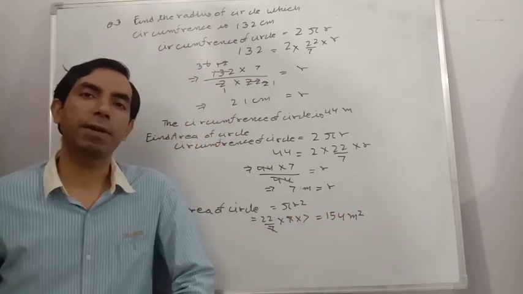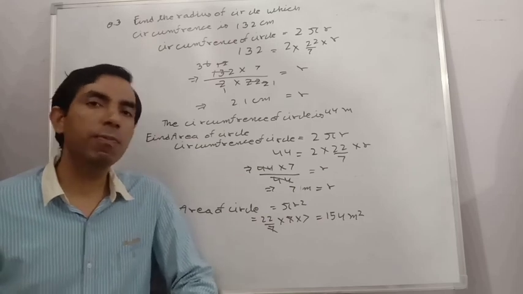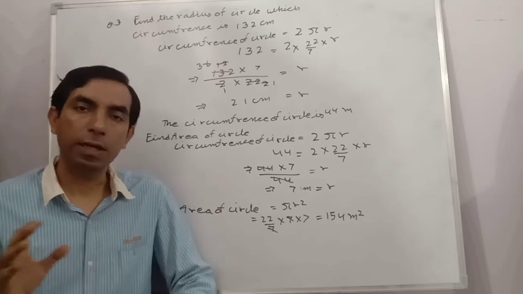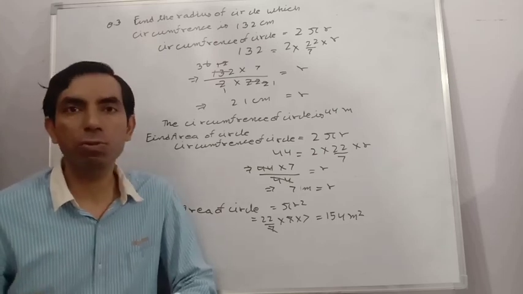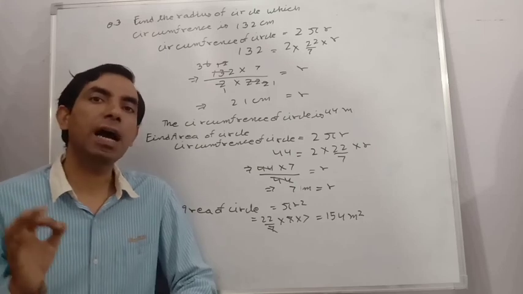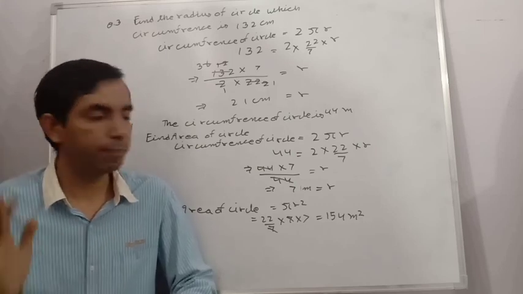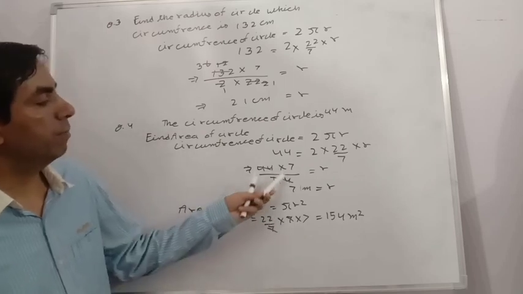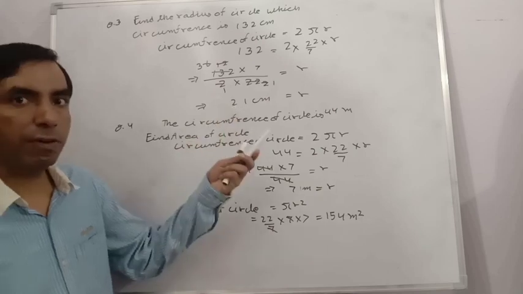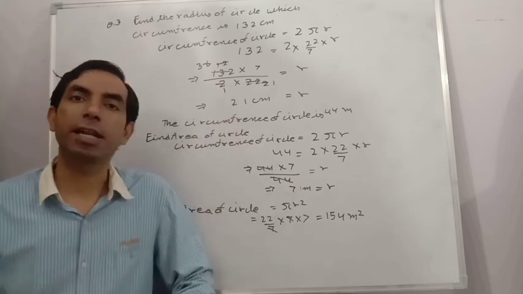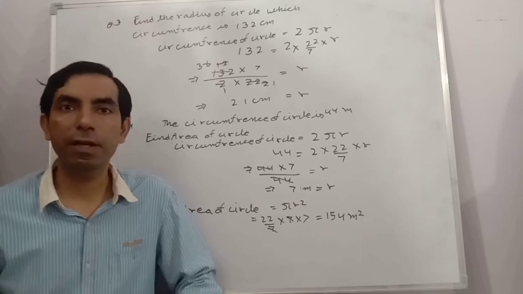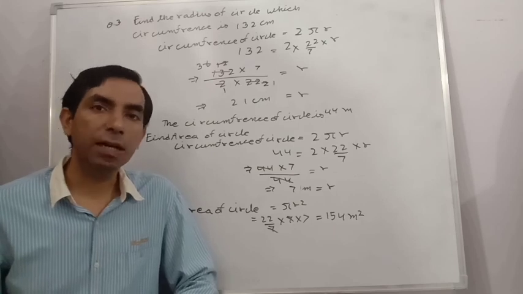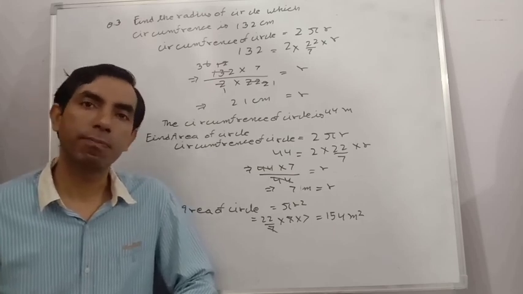Generally, many times our radius will be a multiple of 7. Not a compulsory rule, but generally the radius is given as a multiple of 7. Because here you see 7 times 3 is 21. Before, the radius was 3.5, which means 7 times 5 is 35 if we ignore the decimal. So generally the radius will be a multiple of 7.